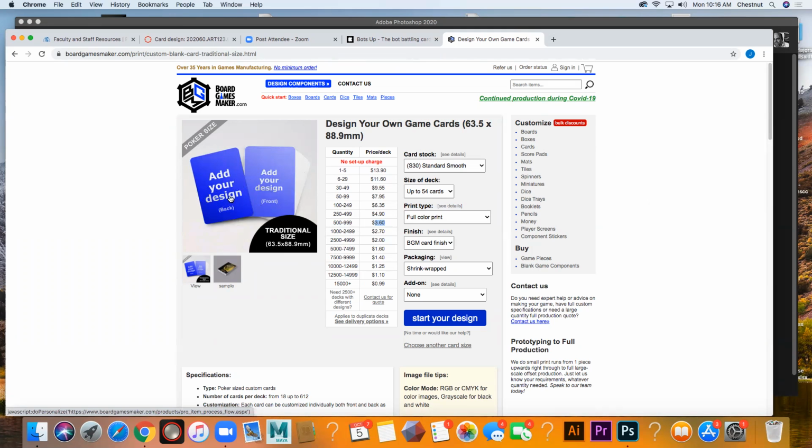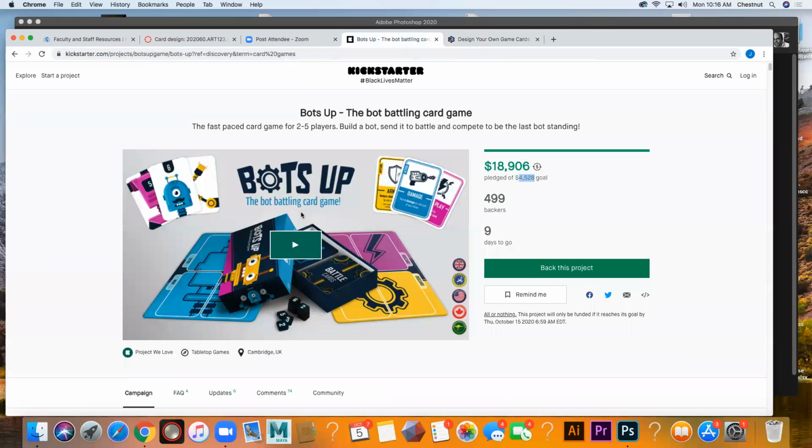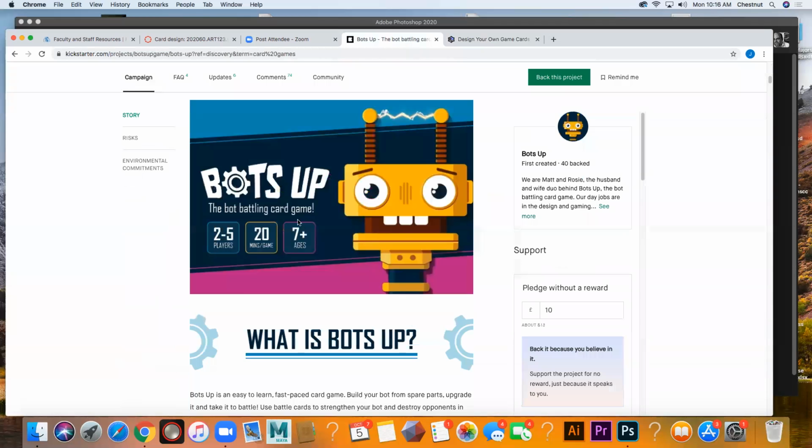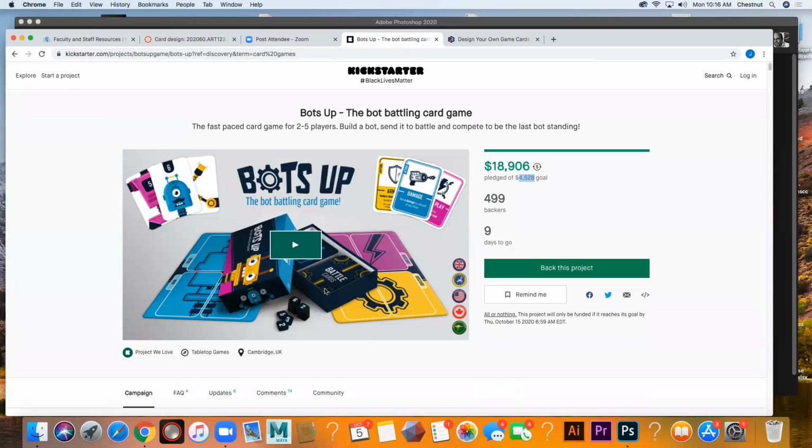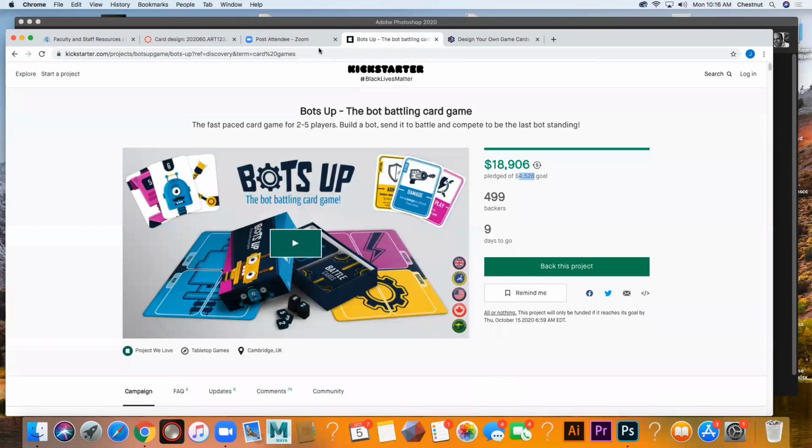But then the ones that you do at the higher levels, like the $25 or $30, like that Kickstarter game, I think something like that. That box set with the two boards and the cards and all that, that's probably going to be $30, maybe $35. And you think there's 2 decks of cards, so that's like $7. The box design, maybe $2, and then the 2 boards, then the little chips or whatever. But what you need to do is, like a recipe, you figure out your project, you design out the cards, you figure out how much one's going to cost you, and then you go over here